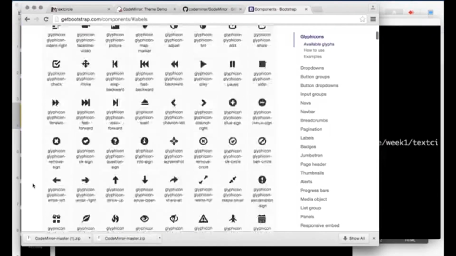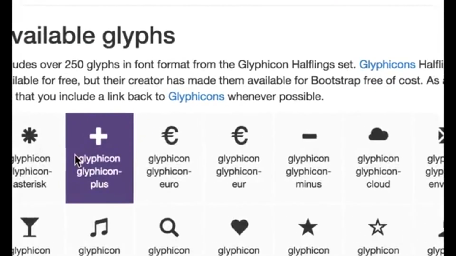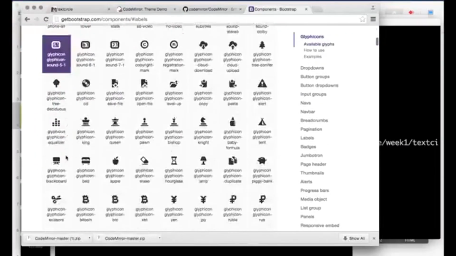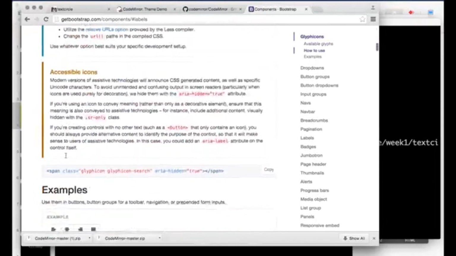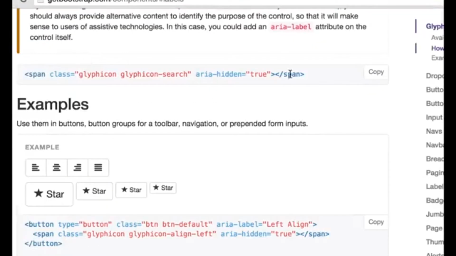The one I'm going to use, although there's all these fun ones there and you can use your own one, is the plus sign. So this one here. Okay, so how do we use them? Well, we scroll down below and it should give us a bit of boilerplate code that we can just pop in there. And there's a few caveats that it's worth making yourself aware of. But the basic idea is we can